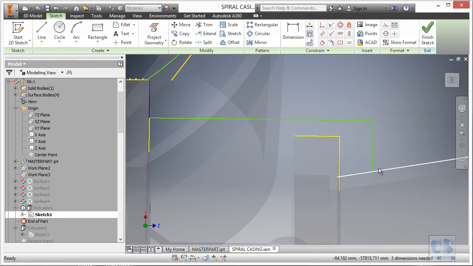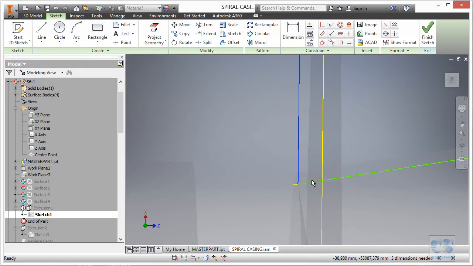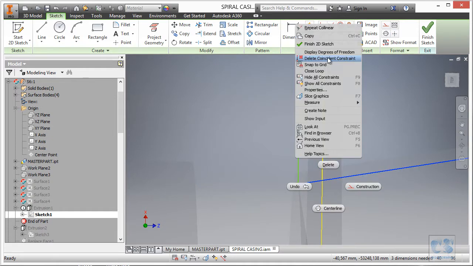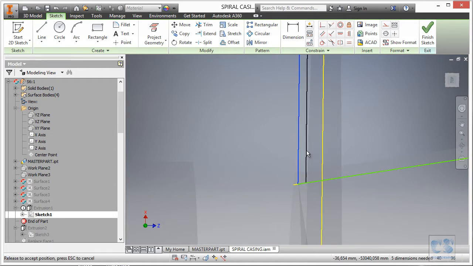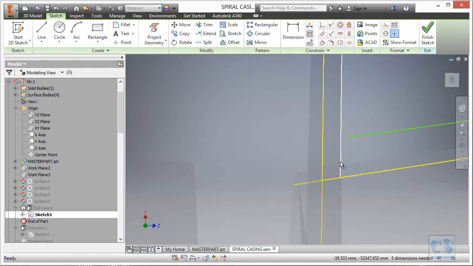So here I cannot, so for this let's go something like so, and then make sure that we select not this one but the line underneath, so this one, and then select coincident constraint. And now we can move this one freely. Also, we are going to do the same for this one, delete the coincident constraint, and now we can move it freely